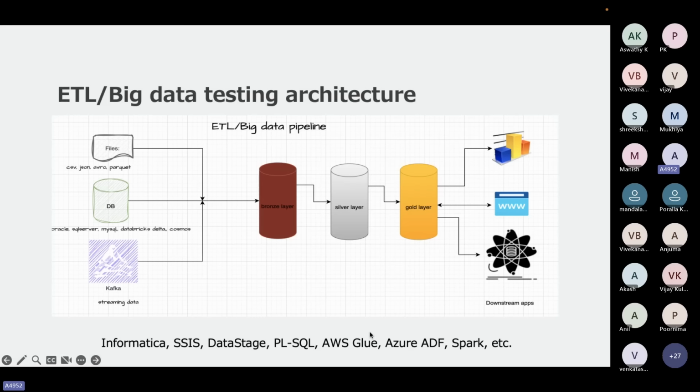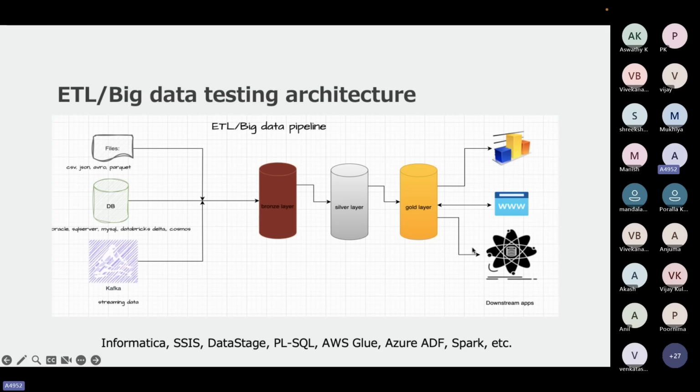So right now, the market is on cloud platforms, right? AWS Glue is one of the ETL tools in the AWS Cloud, and Azure ADF is a service in the Azure platform. Some will use PySpark code also to do this processing from source to the target, right?